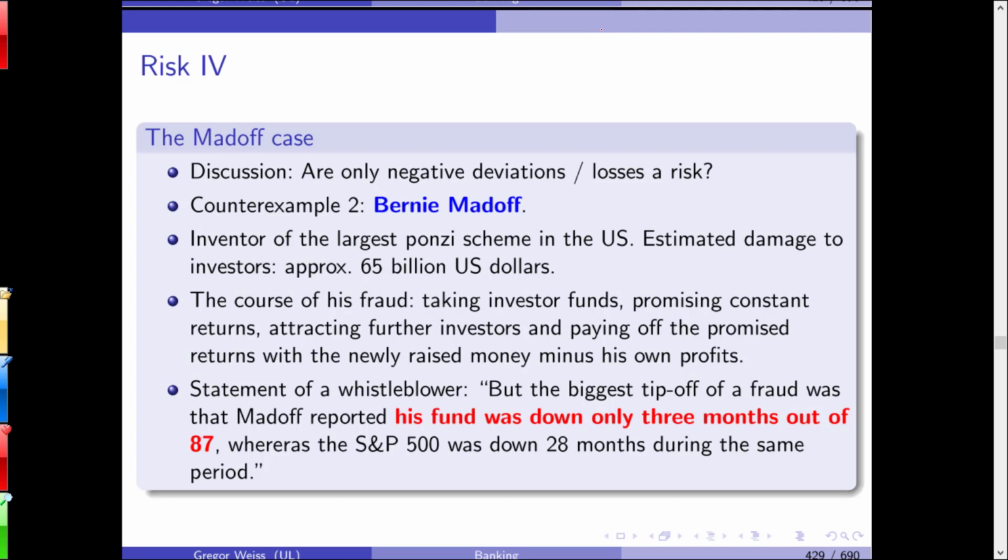The Ponzi scheme, especially the one by Bernie Madoff, is illegal, highly illegal, because this is investor fraud. And he did this on a very large scale. As you can see, the damage to investors was almost $65 billion. Everyone lost money. The list of people that lost money is a who is who, for example, in Hollywood. Everyone lost money, starting with Steven Spielberg and going down to some other famous people. They each lost, say, a couple of 100,000 or 1 million, but was highly